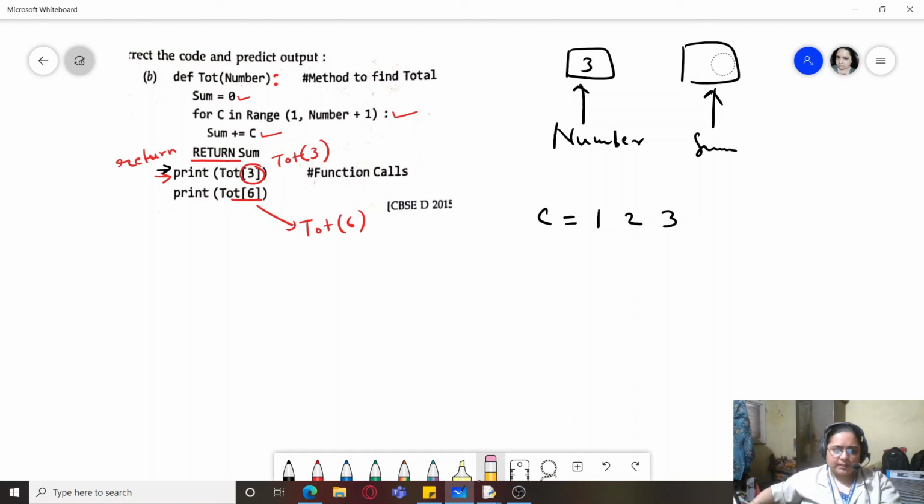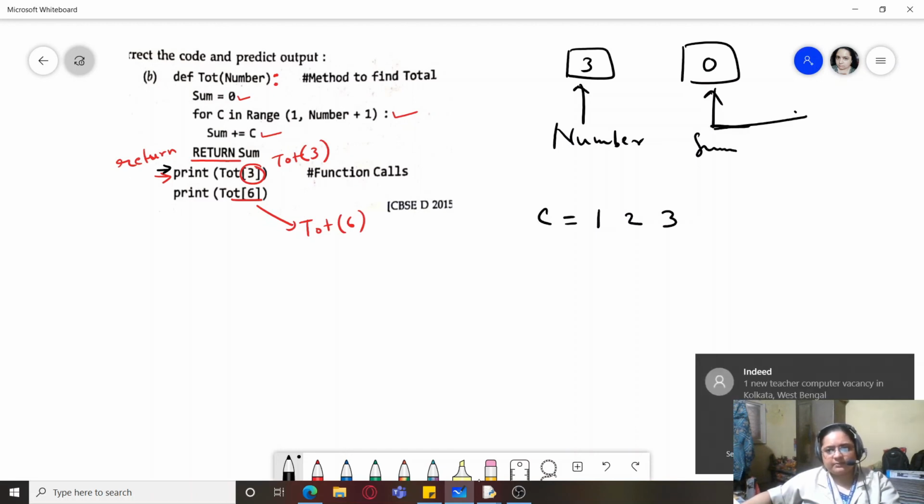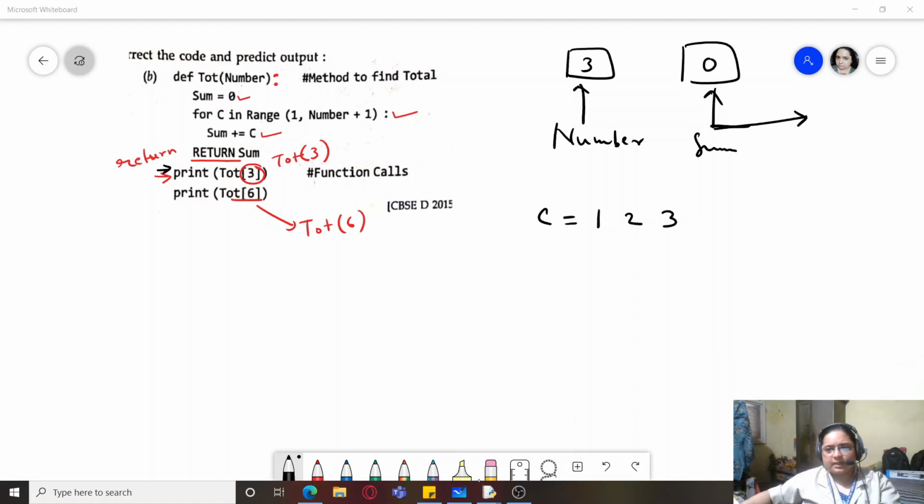Of course we know that this will continue to be 0, but sum will be reassigned multiple times. So the final value which sum will be reassigned to is going to be 6, and this association will be broken. So then return sum is done. Sum will be returned over here. That means this statement will become print sum, or print 6. So what will be printed? 6 will be printed.